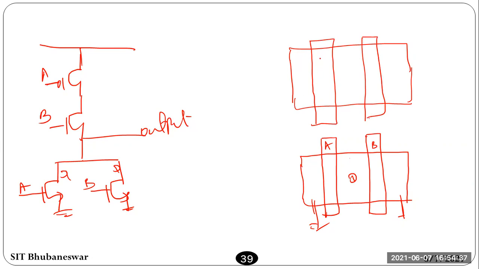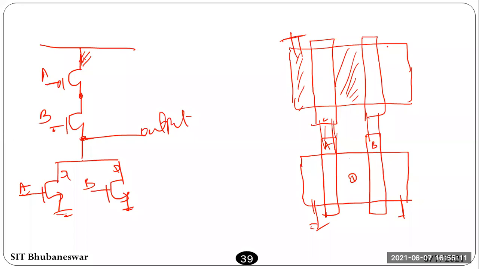Okay, now see this part. This part is nothing but this, so it will go to VDD. And this A and this A, it will connect. And this part is not connected anywhere, so no need to connect this thing. Then this is B, you will connect. So this point is your output. That means this is your output.